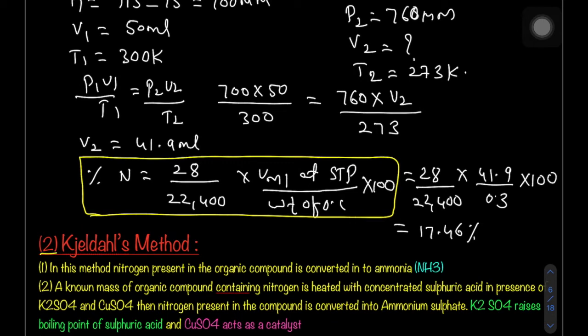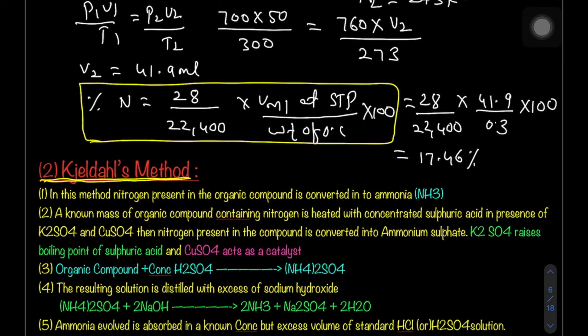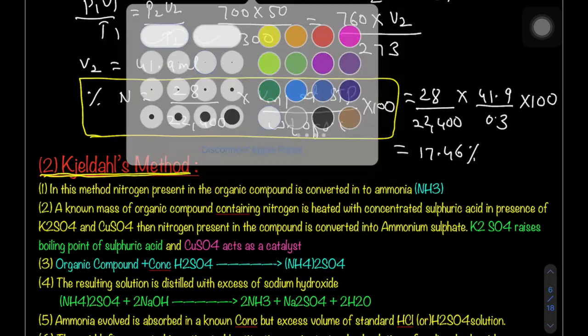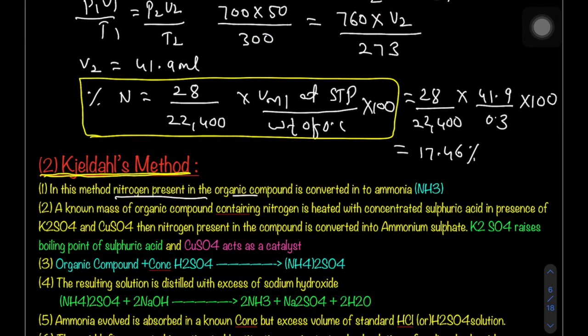Okay, now the second method is called Kjeldahl method. What is the pronunciation? Kjeldahl method. In the Kjeldahl method, this is a very important method as compared to Dumas method, because if you see the previous online papers, obviously this question is there. That's why I'm mentioning this is a very important concept. Now in Kjeldahl's method, what happens? The nitrogen present in the organic compound is estimated in the form of ammonia. This is the objective question.